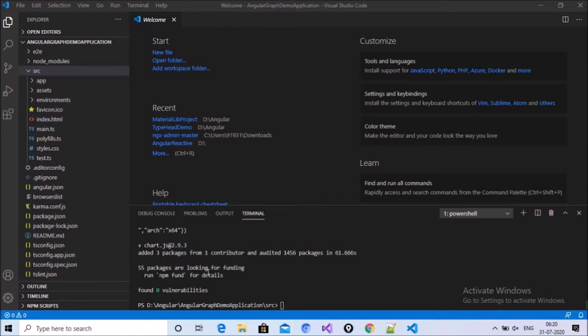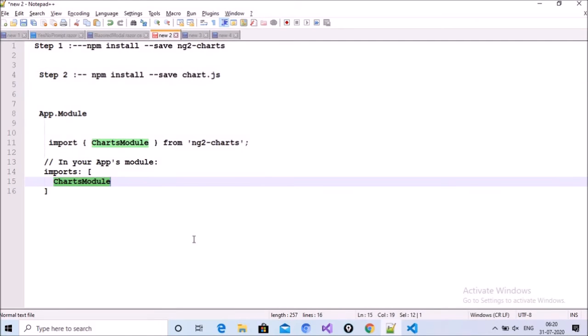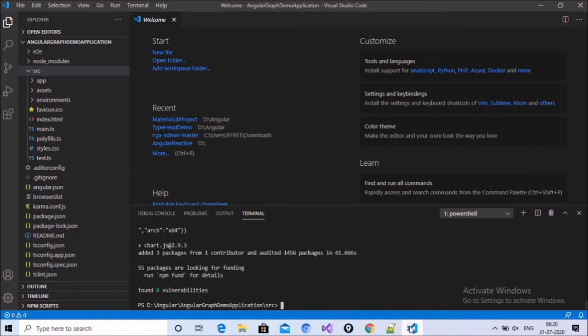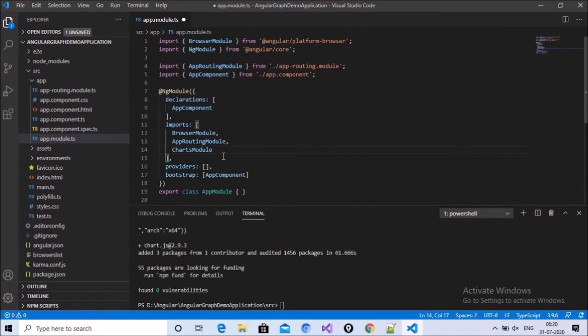We can see that the chart.js package has been added successfully. The next step is to add the chart module in app.module.ts. Open your app.module.ts and paste the chart module import here.